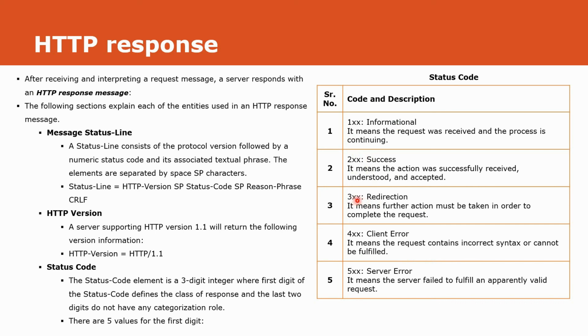Here XX means any numerical values. The fourth type is client error. If you are passing a wrong extension, for example the correct word is GOOGLE, but if you are passing GOGLE, omitting the O, then there is no such word and it provides the error file not found. That is 4.